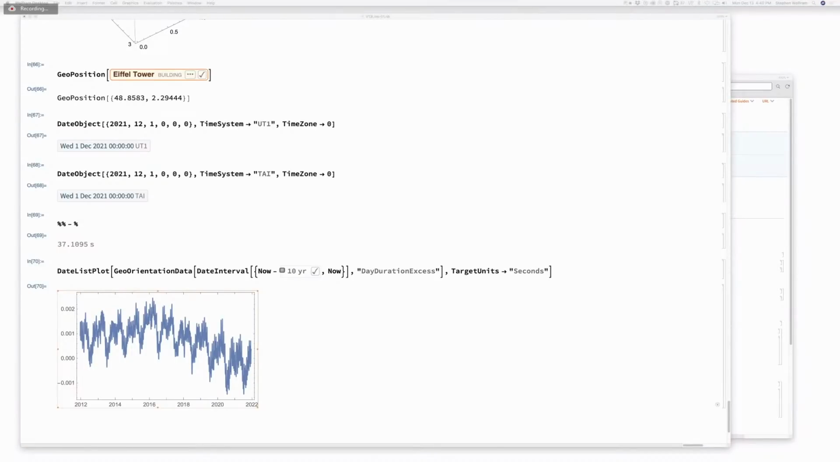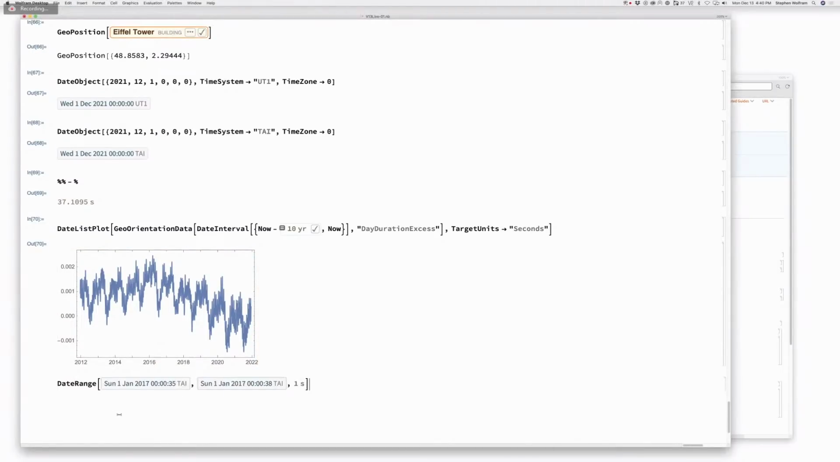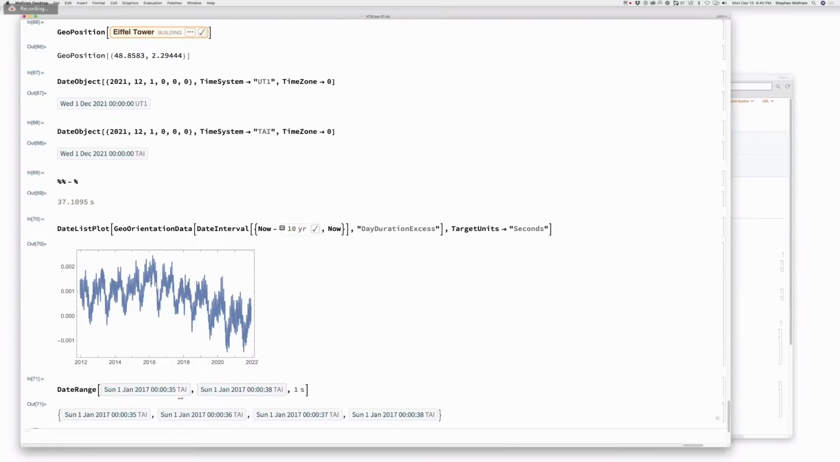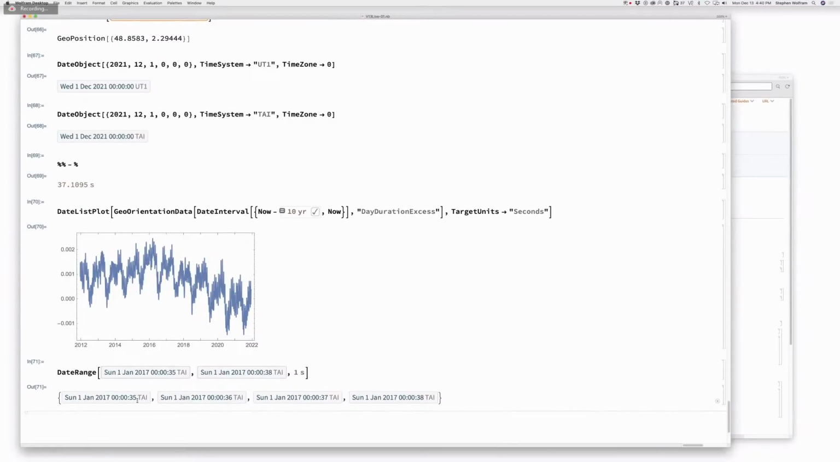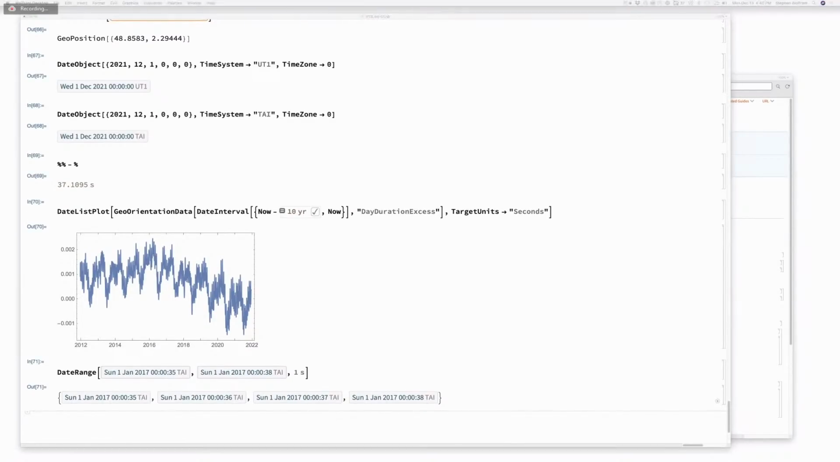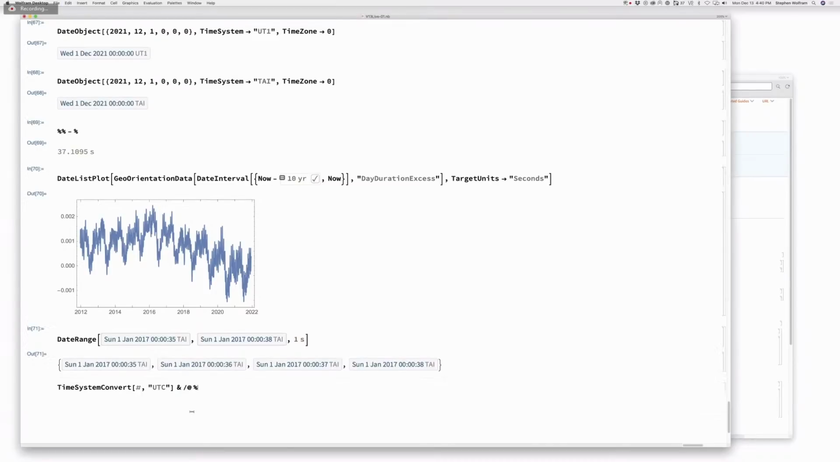There's just a lot of subtlety here. When you specify a date range, you can specify a range of dates in, this is now in the atomic time system. This is showing the very beginning of the year, just a few seconds after the beginning of the year. And what we're about to see is that there's a leap second that was added to represent the appearance of